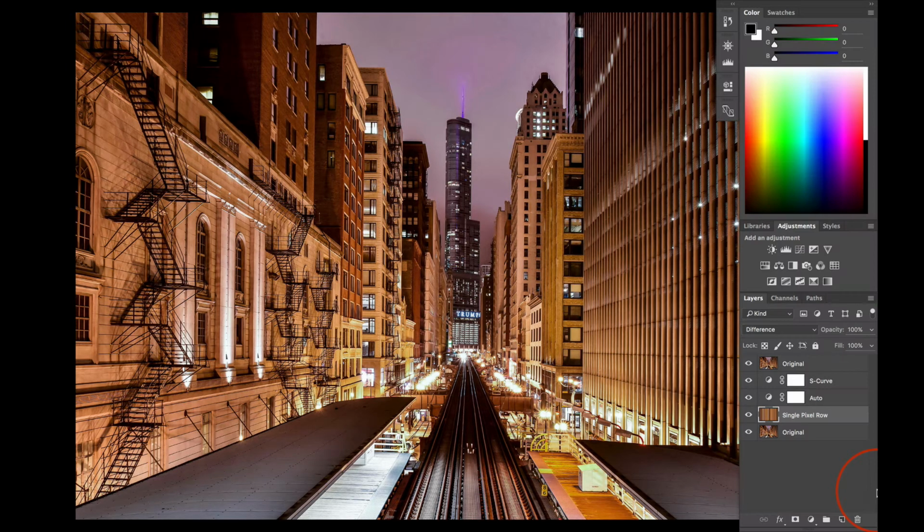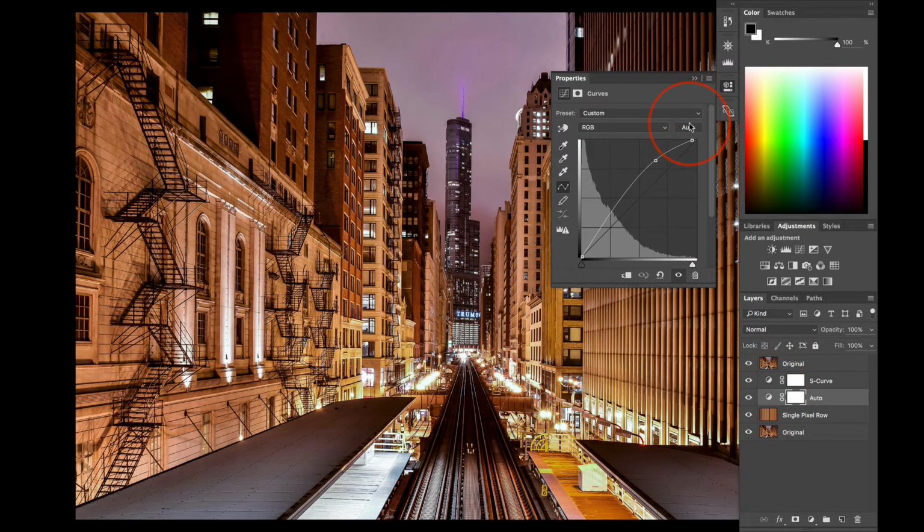And for those of you who did those tutorials, you can see, hey, I got the original image. Then the single pixel row, this is not a motion blur. This is that I did the single pixel column in one of those tutorials and changed the blending mode. And then went on to curves, and the auto button in curves, this comes straight from Scott Kelby, the president of the National Association of Photoshop Professionals. And I was at Photoshop World, and he was doing one of the sessions.